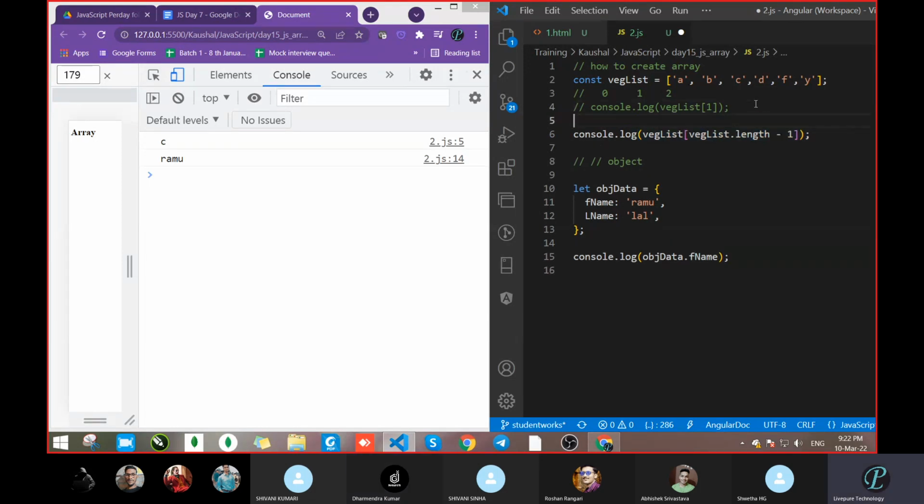No, because it will automatically calculate length minus 1, and it will always give the last one. Now it will give Y.